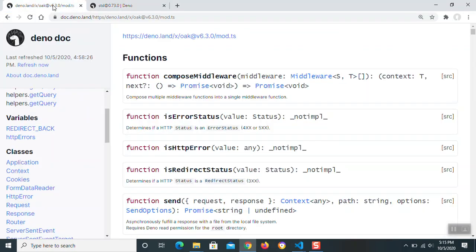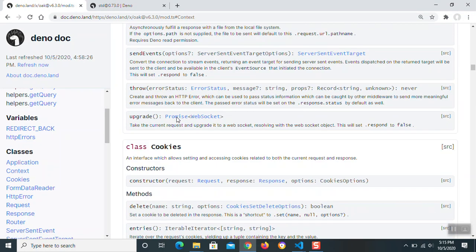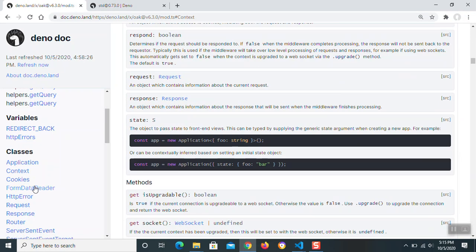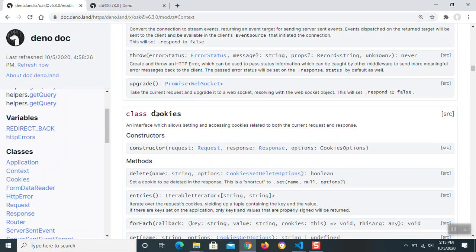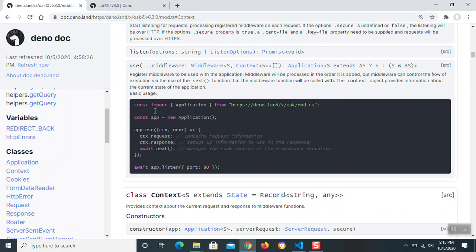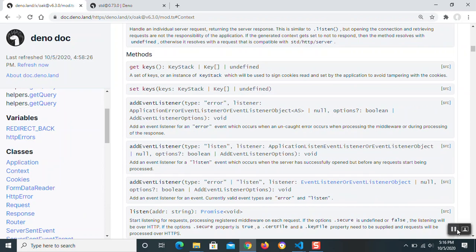But to get more complete picture of how it looks like, let's check the Hawk documentation, if you want to explore more with the syntax and all those. You see the class context. So in our Hawk server page, we have a Deno doc visible.